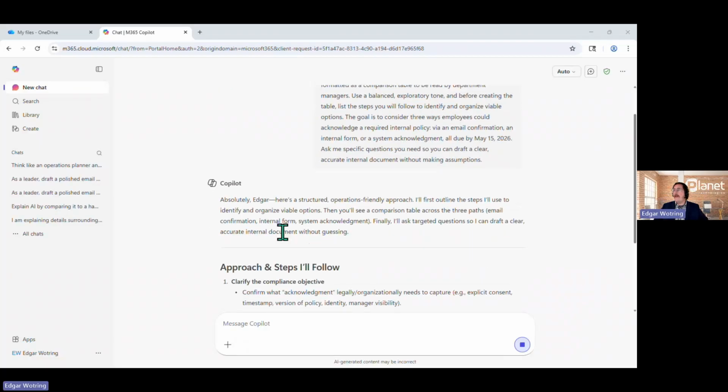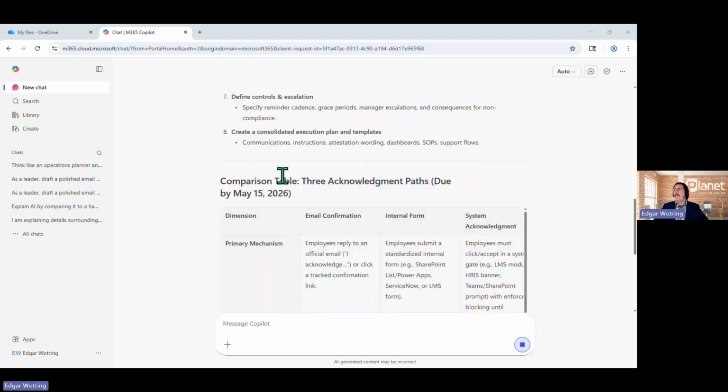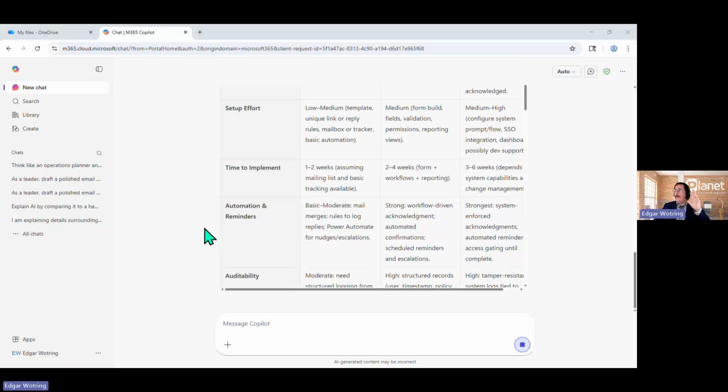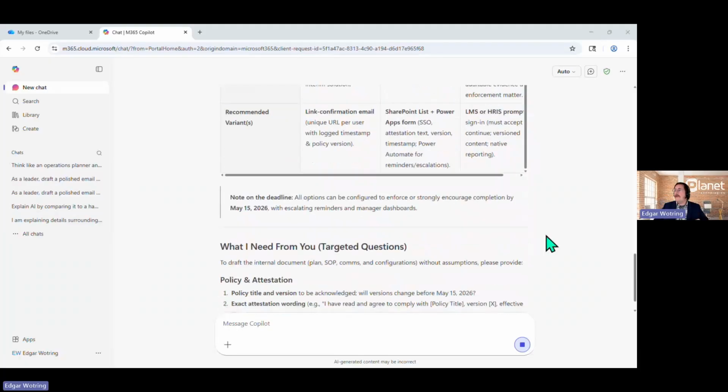All right, and there is our output. Once again, Copilot's indicating to us regarding the steps it's going to take. What I'm really hoping, though, and I'm guessing it may be at the bottom of our prompt here. Oh, Copilot may still be thinking here. As is always the case, it's making its best efforts regarding all of the criteria that we've provided. Still building that table. There we go, and there's our additional details.